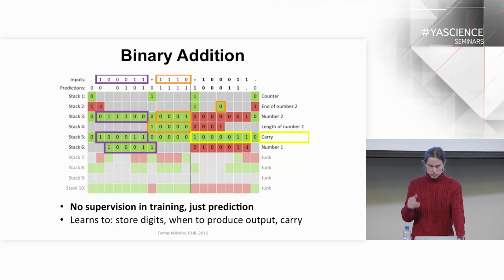stack. And then the red color means pop, which is used in the last phase, in the last state, where the result is produced. It's actually in the reverse order, because that's much easier for the stacks. And we can see that basically the expected functionality is shown here, like the stacks are popping the values from their tops. And then there is this special functionality learned by stack number 5, which is the carry functionality, which is needed to correctly add the numbers.